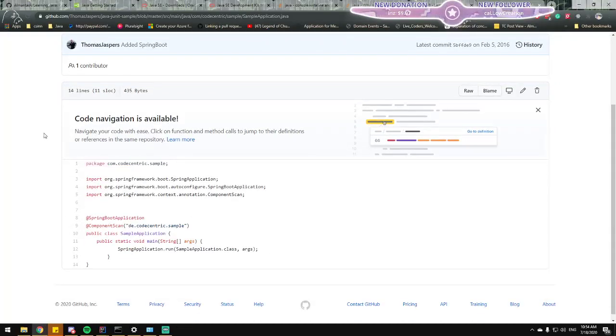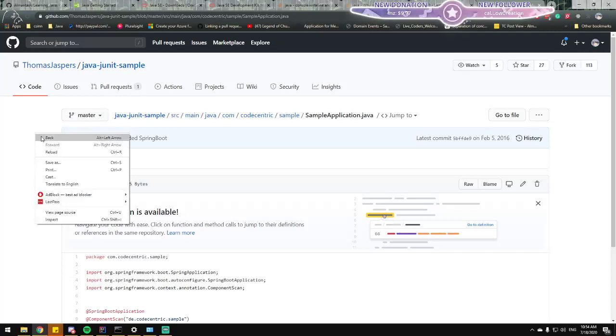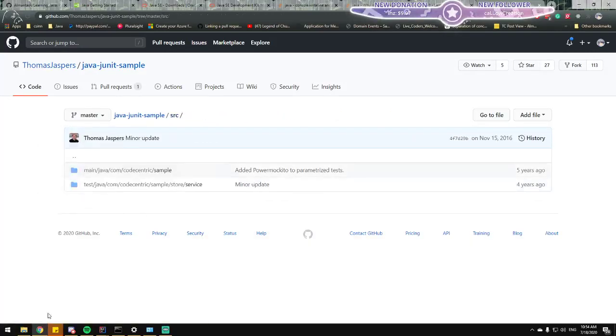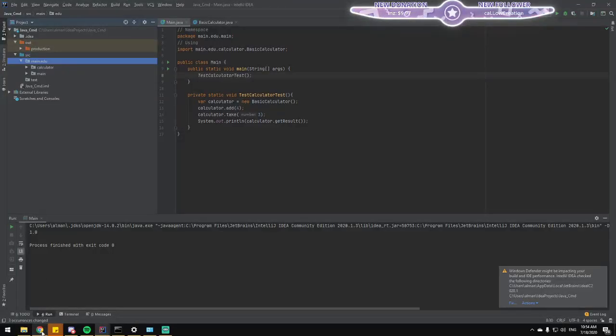Com code-centric sample. Why is this code having folders that are not really matching the structure?